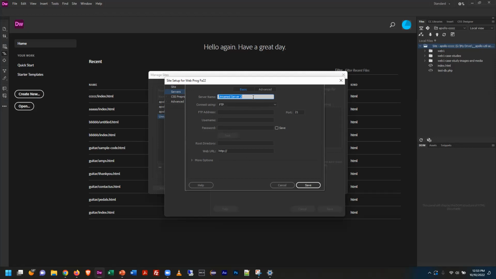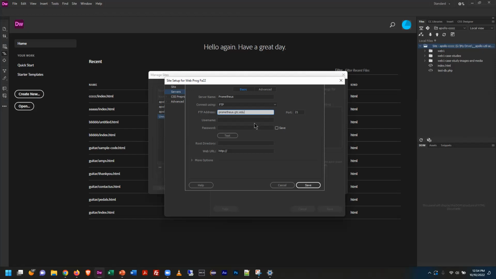All right, so I'm going to name the server. I'm connecting to Prometheus, and you can call it whatever you want, but that's the name of the server. We're using FTP. If you are connecting to a different type of FTP server, so some commercial services, for example, require secure connections and really cryptic passwords and stuff, those capabilities are here. We're using plain old FTP. The address is the same one we put into FileZilla. So I'm just going to put